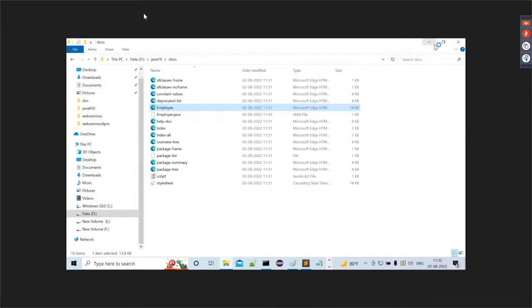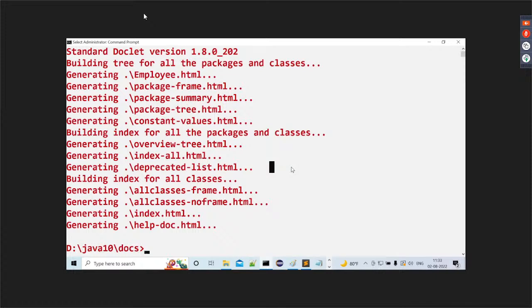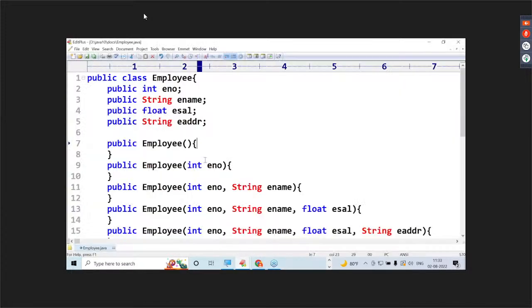I want to close this. Wait a minute. Finally, we understood how to prepare API documentation. But I want to give one small conclusion. Try to understand this conclusion, guys. I want to use comments in this program. How many types of comments are we using? How many types of comments are available? 3 types of comments exist. What are the